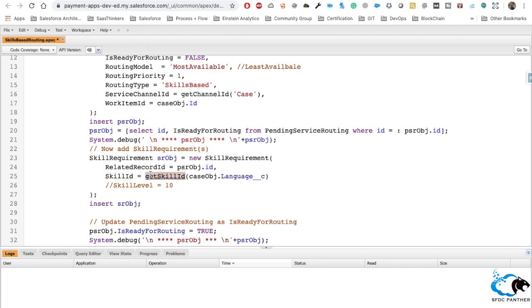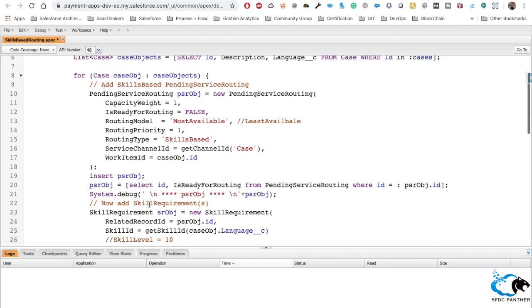So again we have another method, that is get skill id. We are passing the language that we just queried, which the user will be putting into the case object. And then we have skill label, what skill label the agent must have in order to get the pop-up. For now we are commenting this out because we are going to put 0 as a skill label for all the agents, and then we are inserting that object.